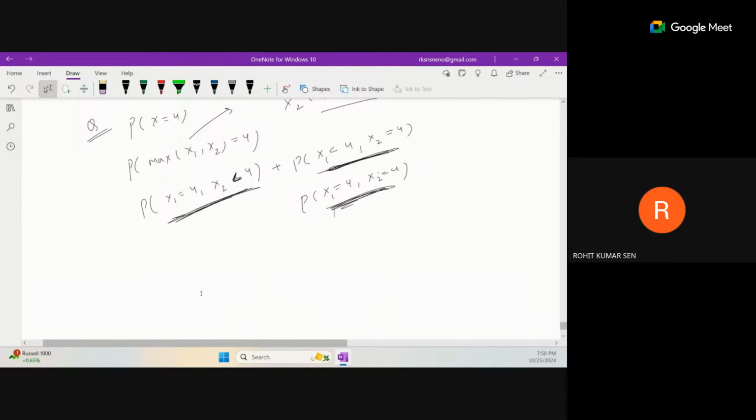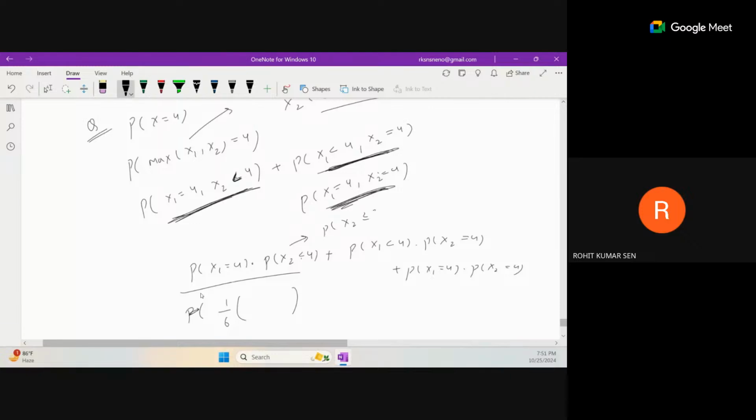independent. So you can write it as probability of x1 equal to 4, into probability of x2 lesser than 4, plus probability of x1 lesser than 4 into probability of x2 equal to 4, plus probability of x1 equal to 4 into probability of x2 equal to 4. Now, probability of x1 equal to 4 is what? 1 by 6, right? Probability of x2 lesser than 4 we can write as probability of x2 lesser than or equal to 3,